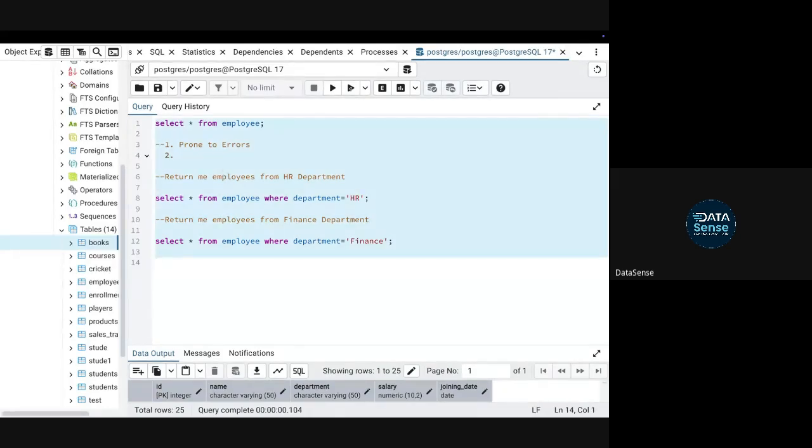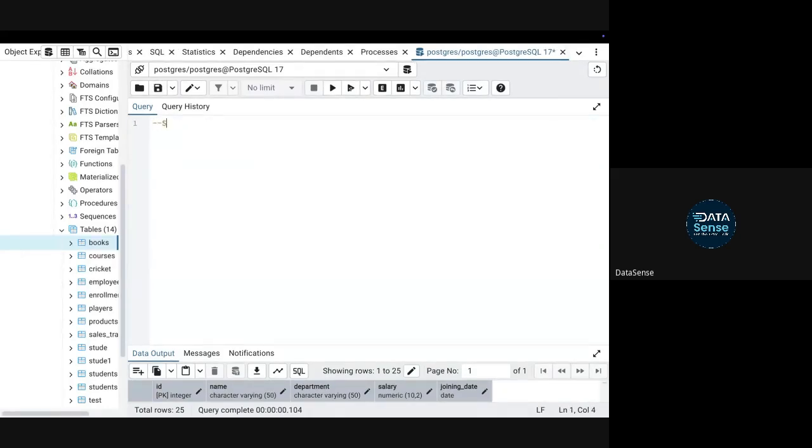Okay. So let's understand the syntax of a stored procedure. First of all, what are the key characteristics? The first thing is that it stores information in cache memory.